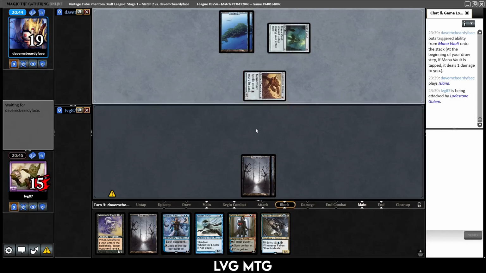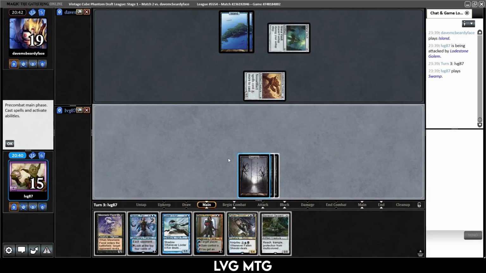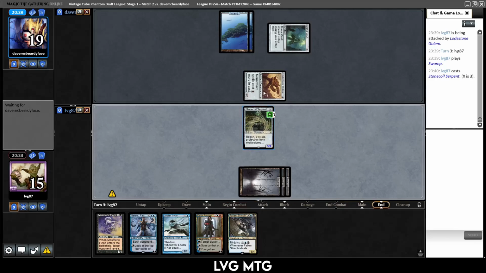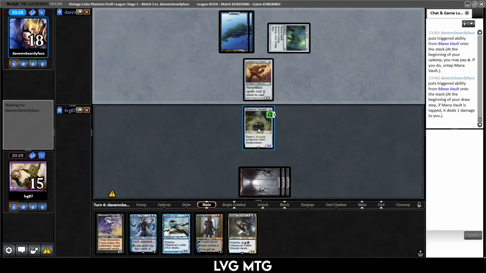They did find a second land. Stonecoil Serpent. I can also just play a Stonecoil Serpent to block this guy. I think I'll do that. And then I can trade with this, and then hopefully find blue mana. Kind of hope they miss on lands again. No, they don't attack, so they don't want to trade. Makes sense, they're missing lands, so...